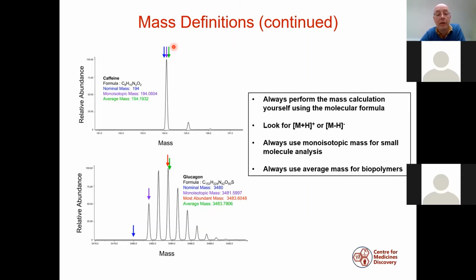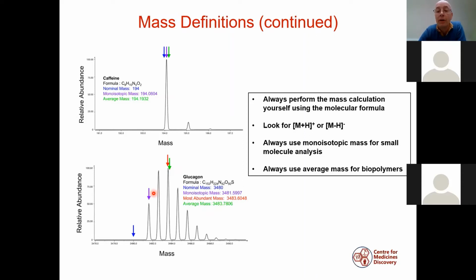So when you now look at glucagon in the lower spectrum, you can see that obviously the nominal mass we don't measure. Here's the monoisotopic mass on the first isotope, but it's not the most abundant. The most abundant mass is this one, and the average mass is here. But you'll see that there is still a substantial difference between the average mass, the most abundant mass, and the monoisotopic mass. So some guidelines for when you are using accurate mass: